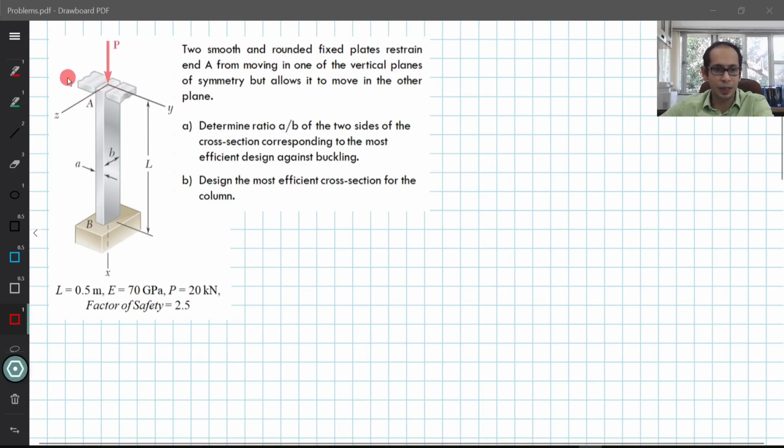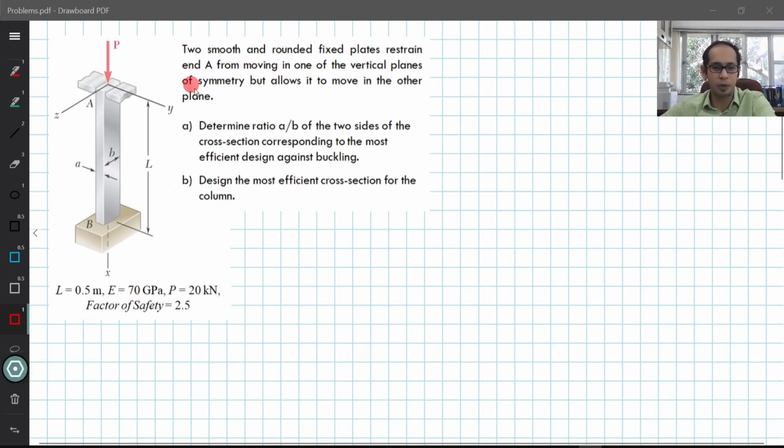so that is the column is trying to buckle something like this over here, then in that particular case you have a fixed end B, but here you have a pin kind of a support because it does not allow any translation, but it's a smooth rounded edge, so the tip is touching at this column, so it will allow for some amount of rotation but no translation over here. So this is a case where for the same column, depending upon the direction that you are looking at, you have two different support conditions. And also, as you can tell from these dimensions itself, your A and B are different, so your IYY and IZZ are also going to be different.